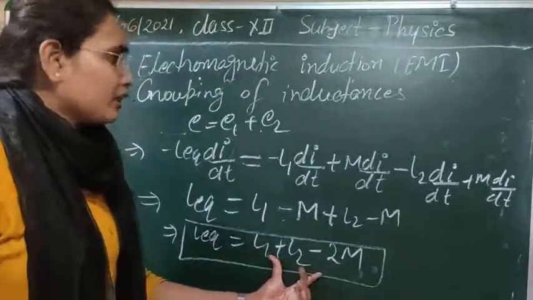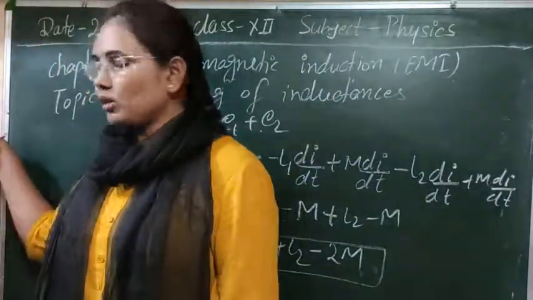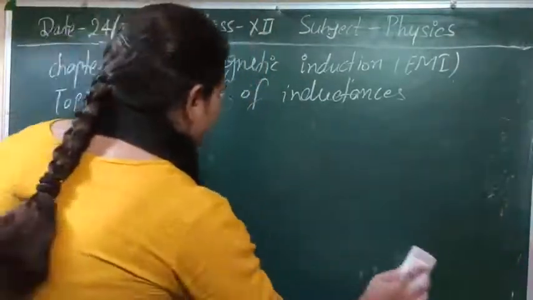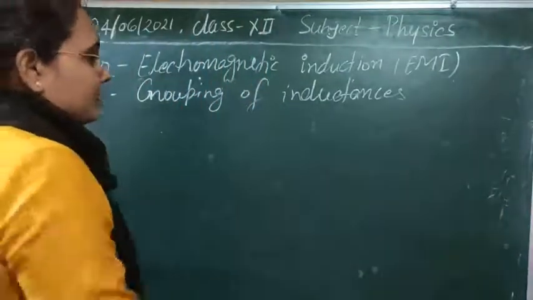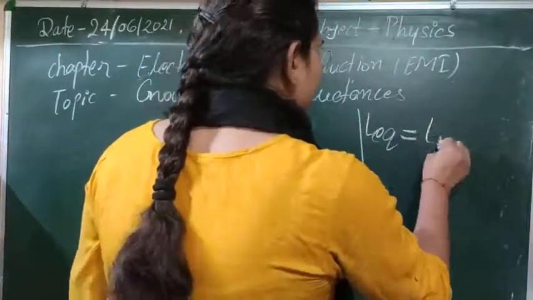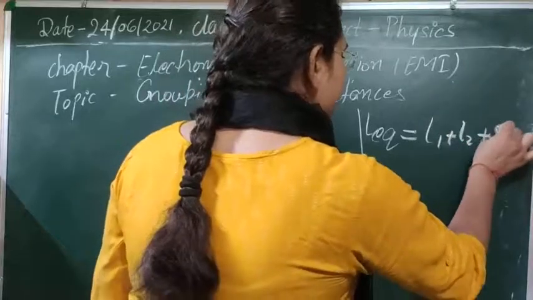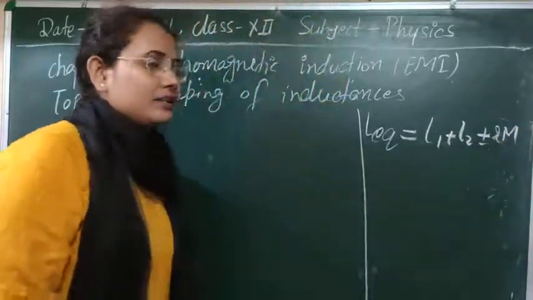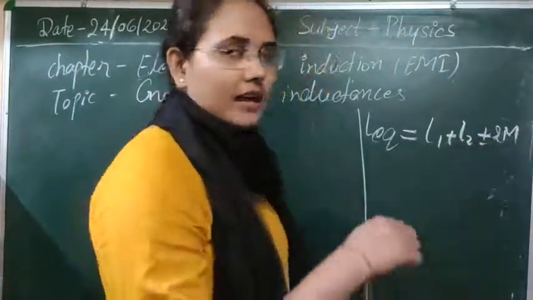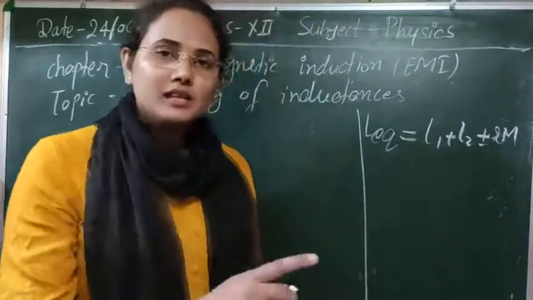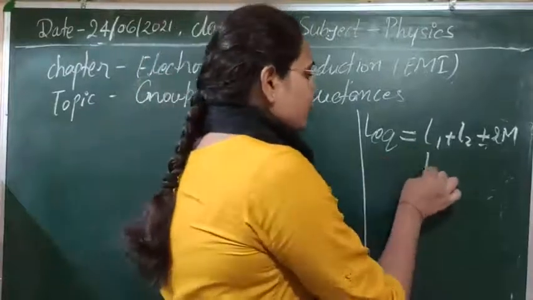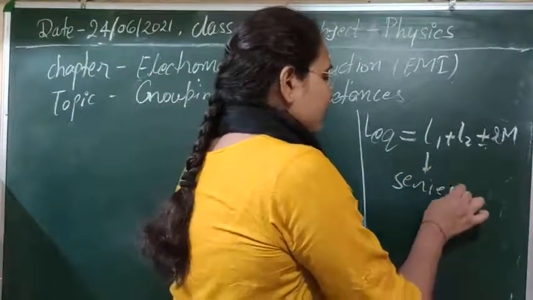So here, if you combine the two cases for the series combination, meaning the coupling method, you can write down a general formula for the series combination. This general formula for L equivalent for series will be equal to L1 plus L2 plus or minus 2M. In this way you can understand that we obtain plus 2M if we join them in the first case, and minus 2M if we join them in the second case. So this is for the series combination of the inductors.